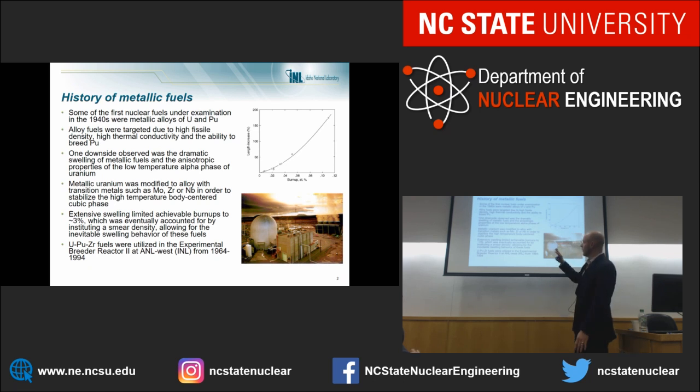So they alloy with especially moly and zirc to stabilize the high temperature BCC phase so we can have more isotropic properties. This was able to limit the overall amount of swelling,